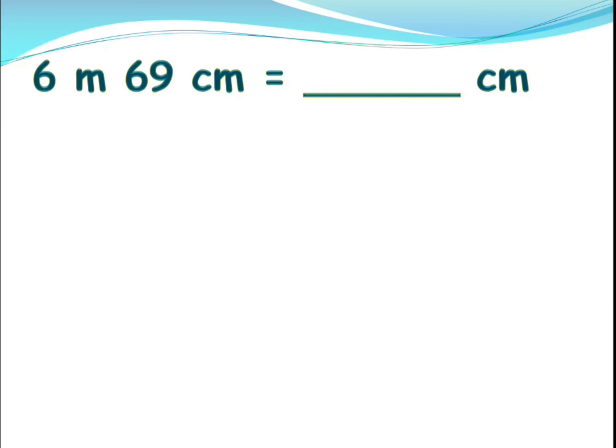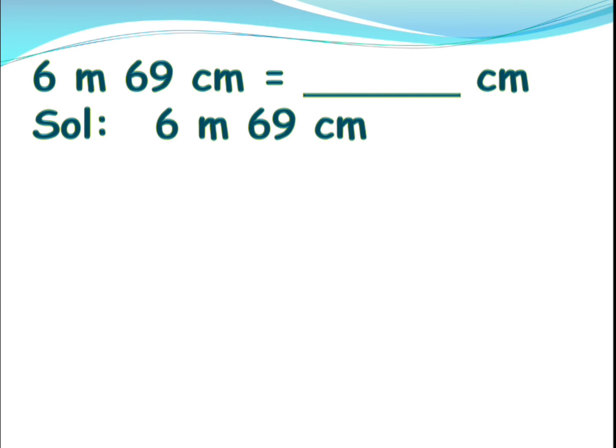Let's see how. So first, let's separate meters and centimeters. How we will separate? Just by using the addition symbol. Okay, addition symbol is nothing but adding together, isn't it, children? So I'm just putting a plus symbol so that its meaning does not change. Okay, so 6 meters and 69 centimeters, so I have just kept a plus. Now this 6 meters you need to convert into centimeters. How we have to do? We need to multiply with 100, isn't it, children? Why with 100?